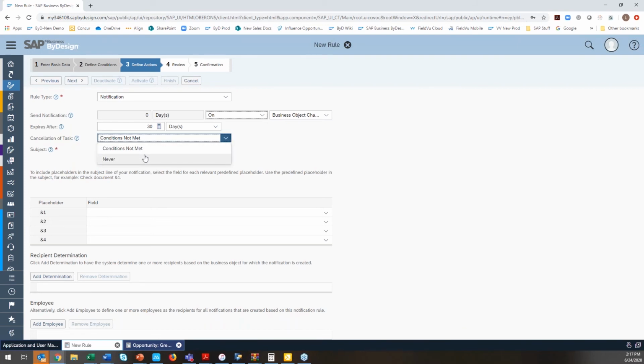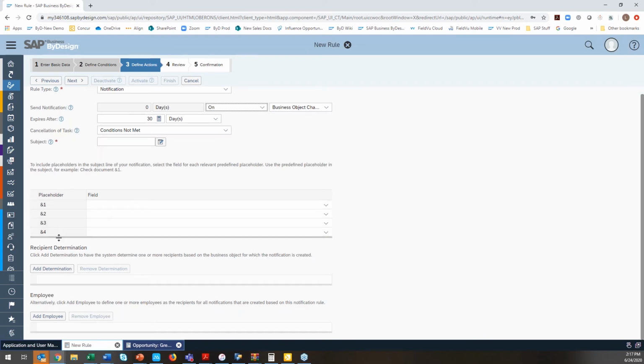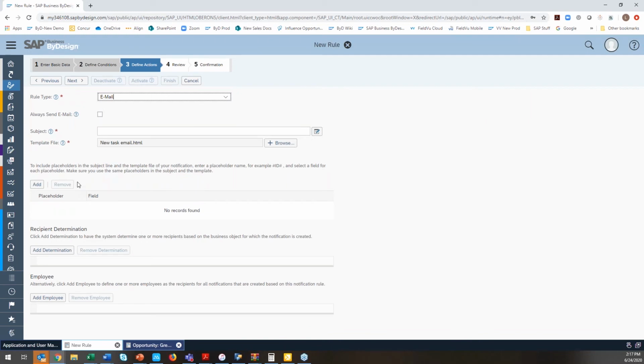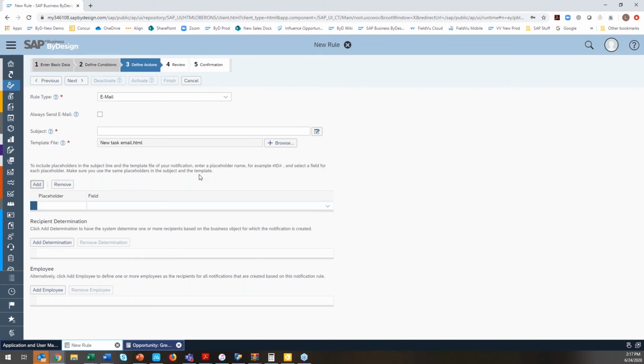And then I have the cancellation of the task, which is never if the conditions aren't met. And then whatever our subject is, so what you want them to see as they're coming in. To impact that, we'll use these different placeholders. Out of the box, you've got just 4 for the notification, but you'll notice it changes a little bit if I switch to email. So within the email itself, you want to set this up before you actually create your HTML template,